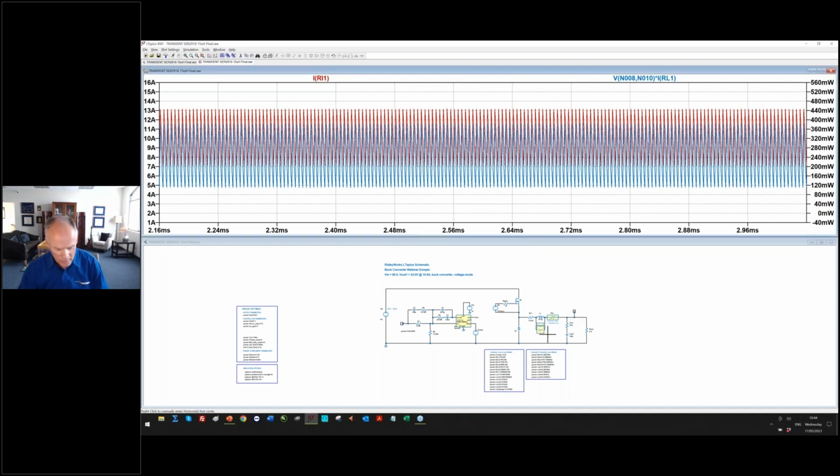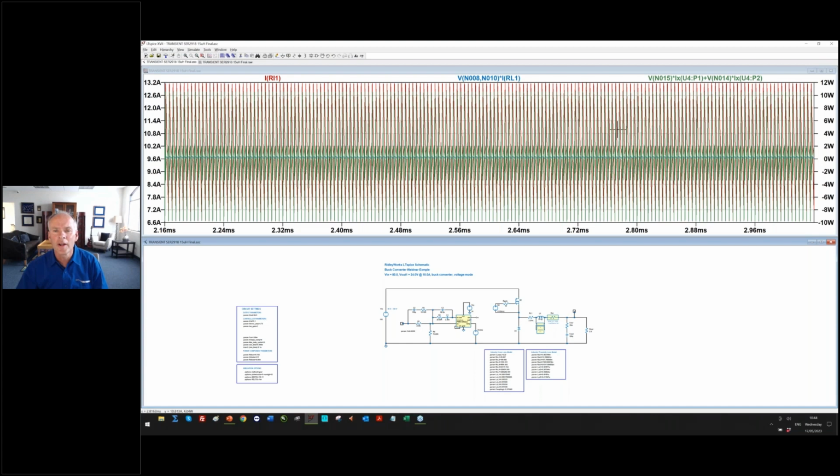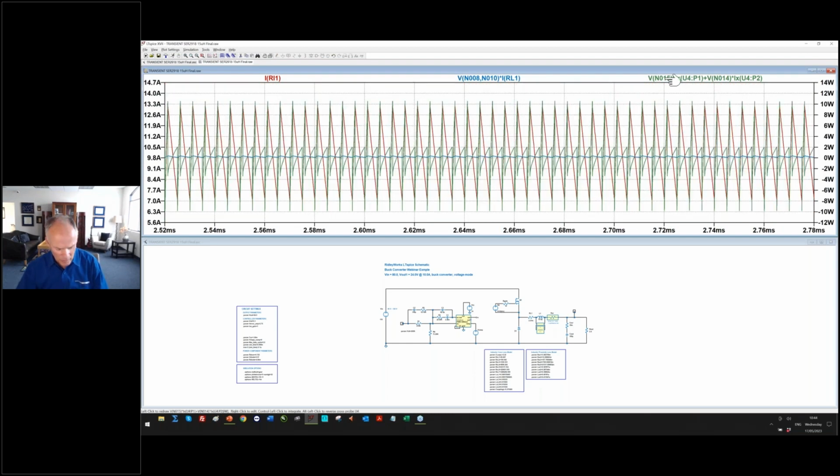Now let's look at the losses in the core. Right there, there's our core losses, strange waveforms. I can zoom in a bit so you can see them, but they don't really mean a lot to you. But now we hold the Control key and click on that waveform, and we see we've got 400 milliwatts in the core.